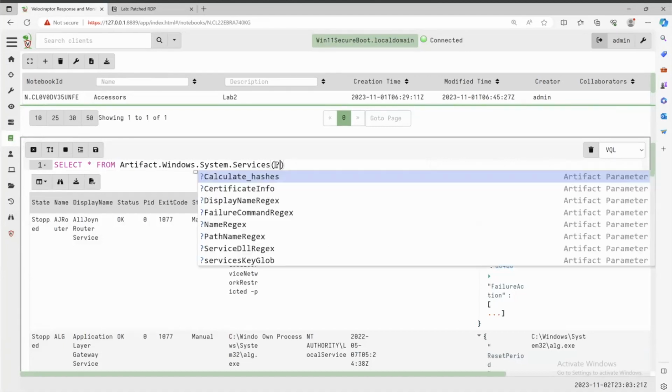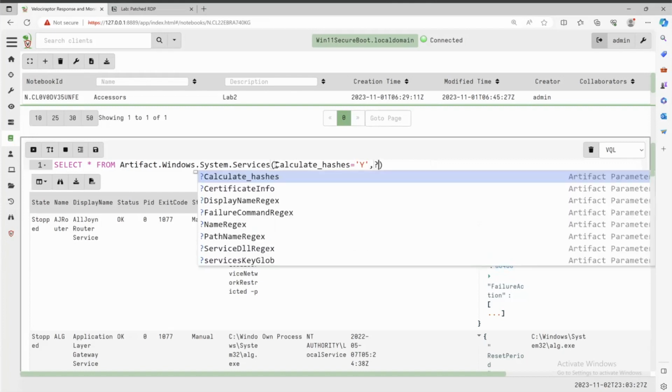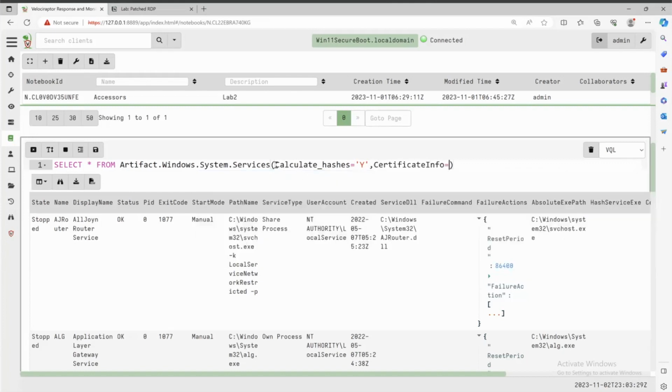So remember, question mark will give us the details. And then we want certificate info too, right? We know our regex now, so we can say display name regex equals